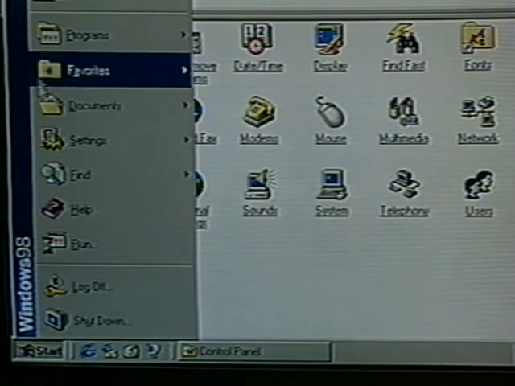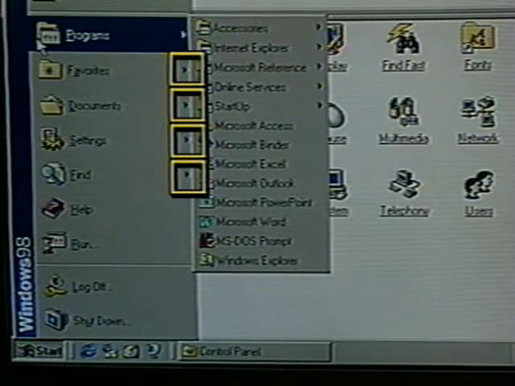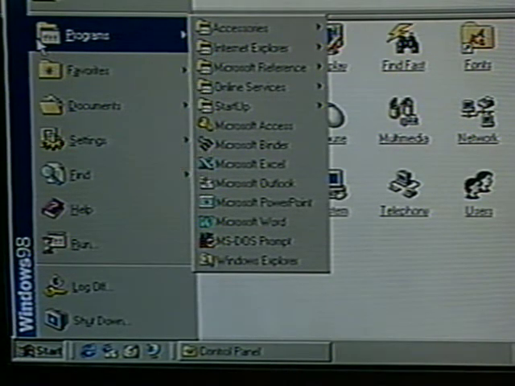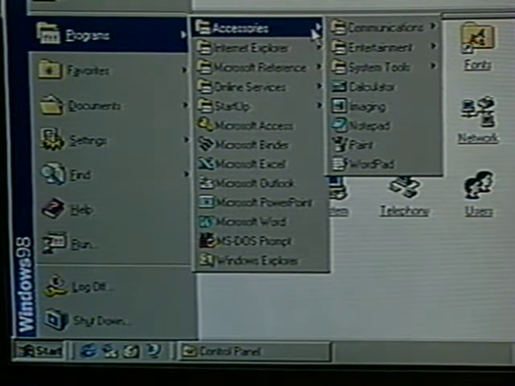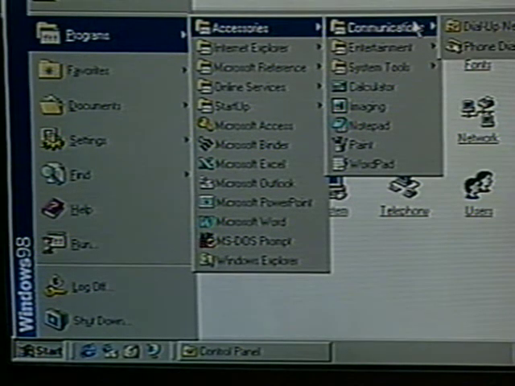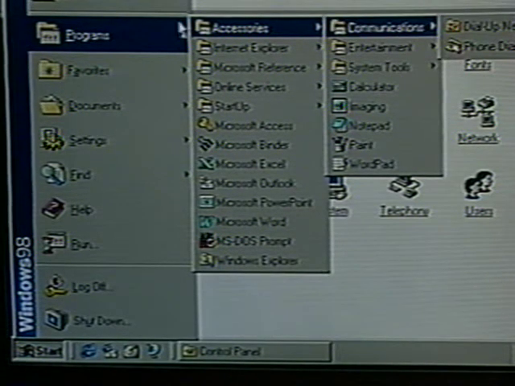Let's place the pointer over Programs. Notice we do not have to click another menu listing. Our programs open automatically. Many programs have a black arrow at the right end, like Accessories does. When we see this, it indicates to us there will be another menu appearing. We place the pointer on Accessories and see a flyout menu. Some of the accessories have arrows indicating another flyout. This is common. But we don't want to open any accessories right now, so we move the pointer back to